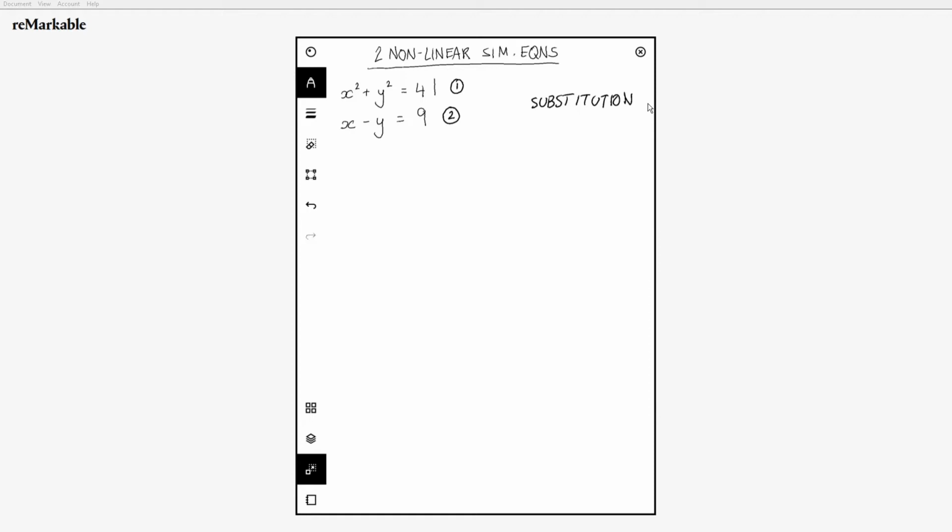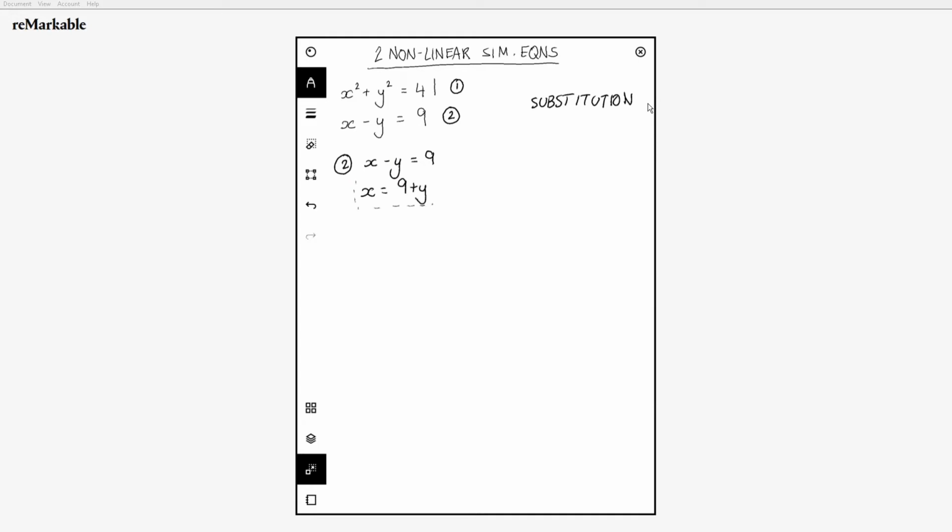So what you do in this case is you go, okay, I want to get an equation where it's x equals something or y equals something. So that's what we do first. It's easiest to do that with equation 2. If I want to get x equal to something, then we bring the y over, we do the opposite, so we're adding instead. So 9 plus y